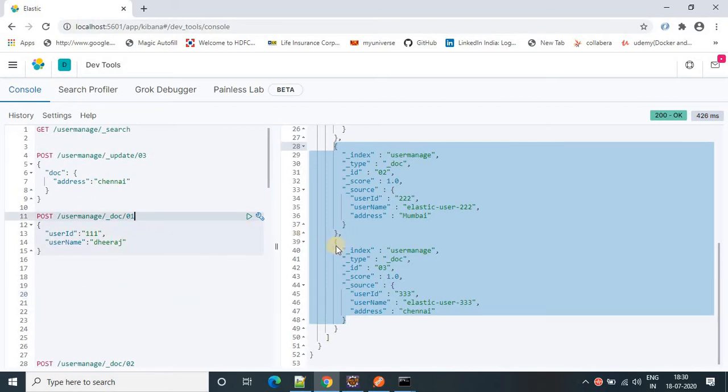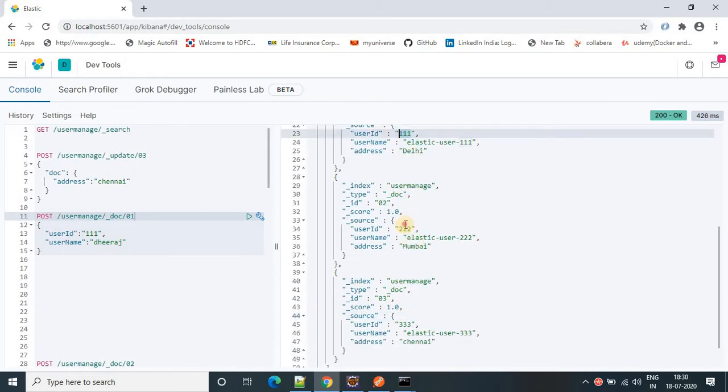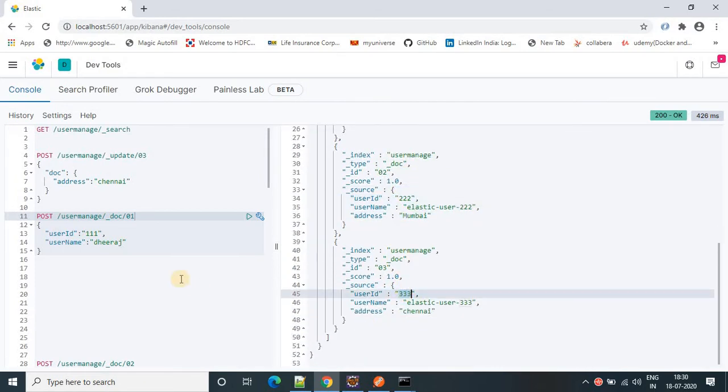So let's suppose I want to create one more object. We have user IDs 111, 222, and 333. Let's create 444. So user ID is 444, and I want to provide the name as elastic user 444.